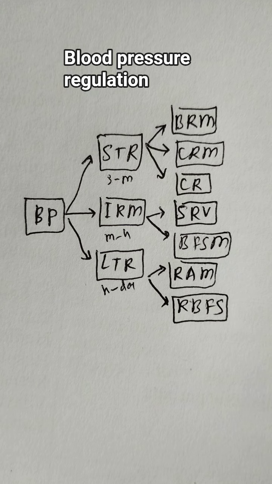In short-term mechanisms, we have the baroreceptor mechanism, chemoreceptor mechanism, and Cushing's reflex. Baroreceptor is nothing but whenever the blood pressure increases, it is going to stimulate the baroreceptors in the sinuses. That is going to inhibit the vasomotor center and stimulate the cardiac inhibitory centers, that brings back the blood pressure